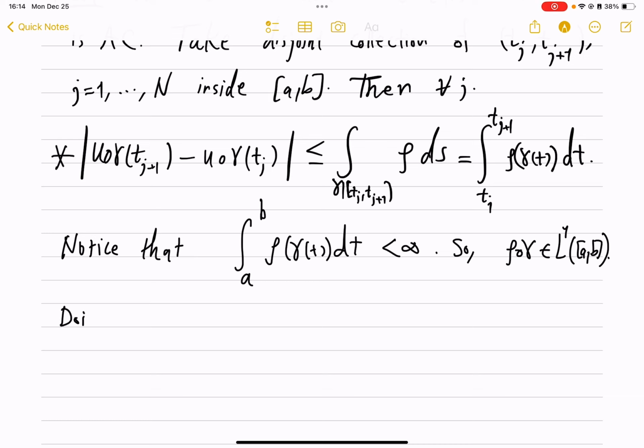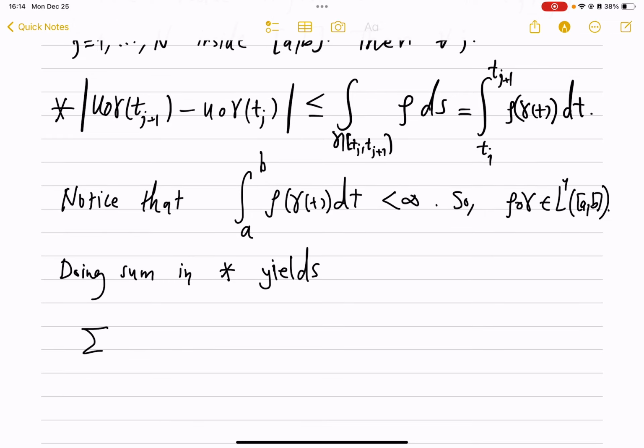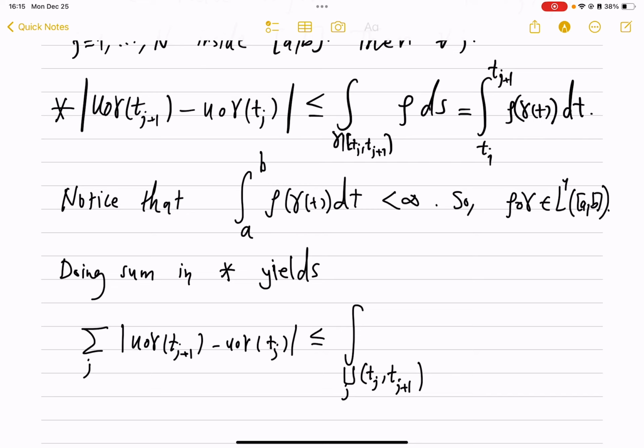So doing the sum in star yields that the summation over j of u o gamma evaluated at tj plus 1 minus u o gamma evaluated at tj is less than or equal, because these intervals are disjoint, to the integral over the union of the subintervals of rho o gamma t